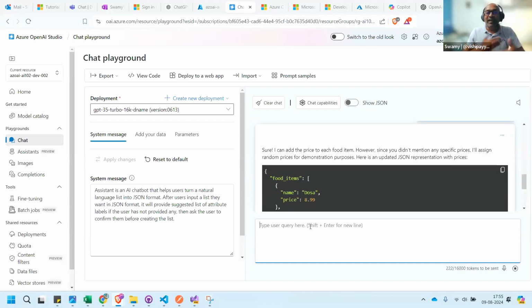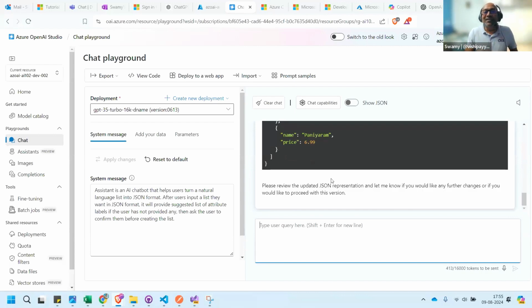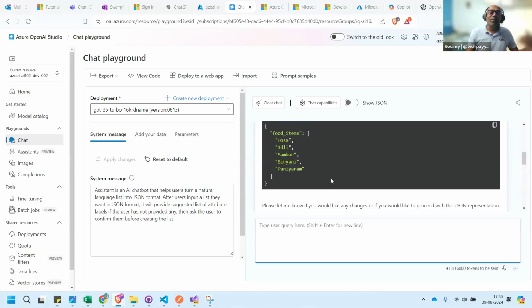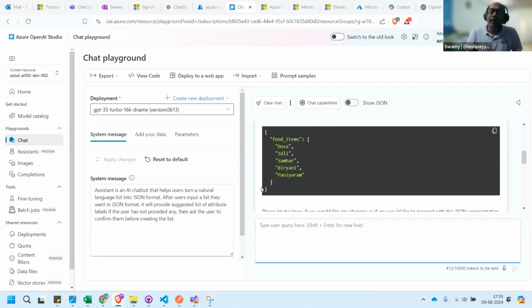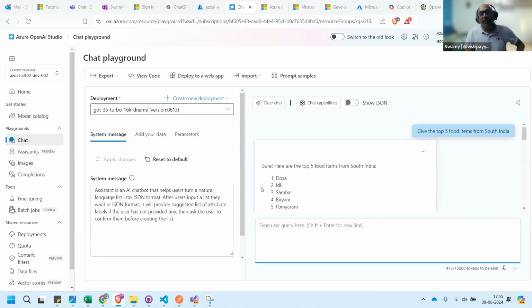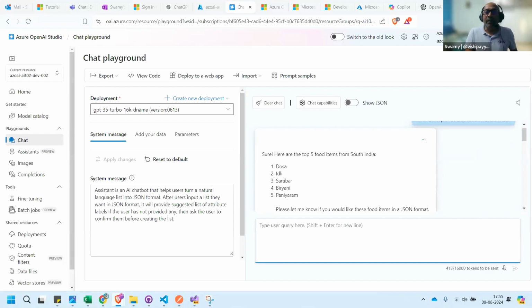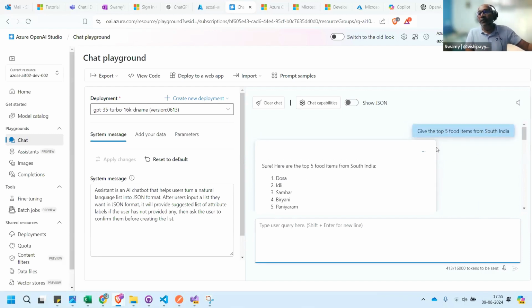So it's like context. Now, how did it remember? Because based on the context, now you have a system message. There is a user, we who are interacting with the system, and also the output where it is coming is this one. Now, what happened is here we are having the list of items. We asked it, give me top 5 food items in South India.